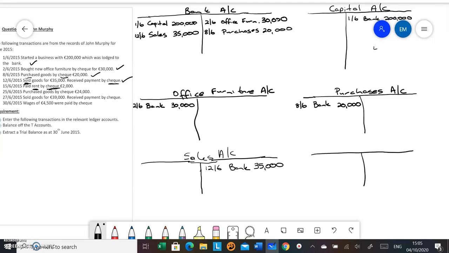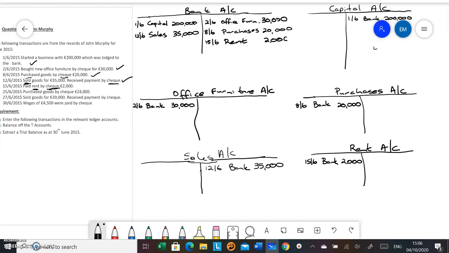Rent is an expense. So you open up your rent account and you debit your expenses. So you will be debiting your rent account for the 15th of the 6th, and your bank, the amount is €2,000. You will be reducing your bank account by that €2,000. So the 15th of the 6th, you'll be identifying it as rent,